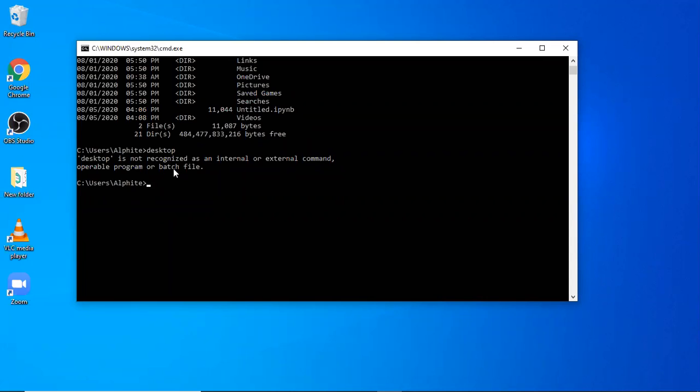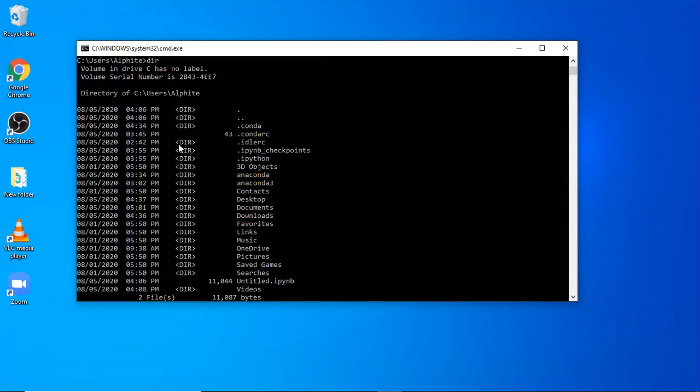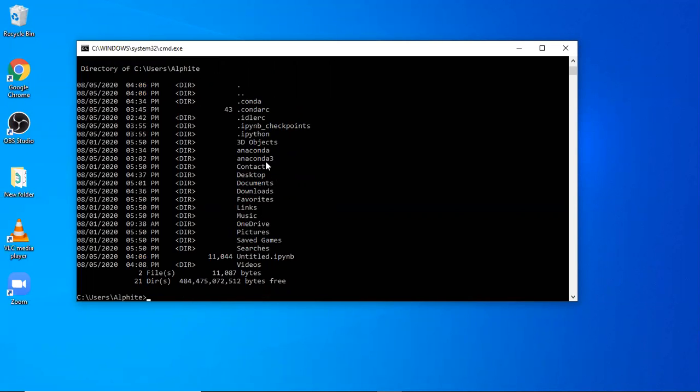So what I'm supposed to do, I just check what directories are there in my computer. If I just type dir, I get a list of directories where I can find which directories are there in my computer. Okay, so I just find here. Let me move on to desktop. So I write